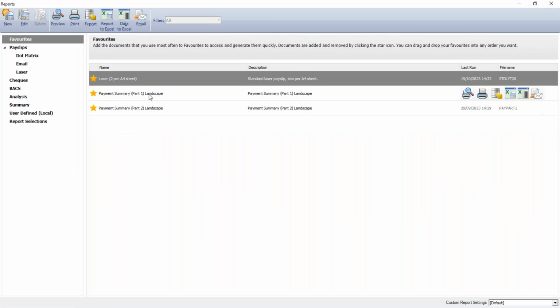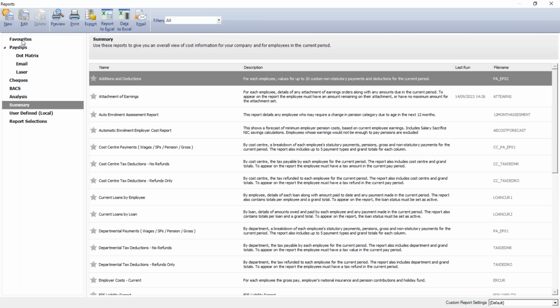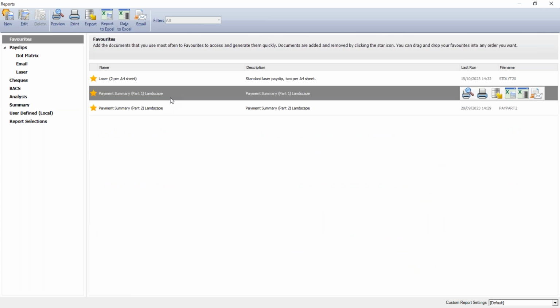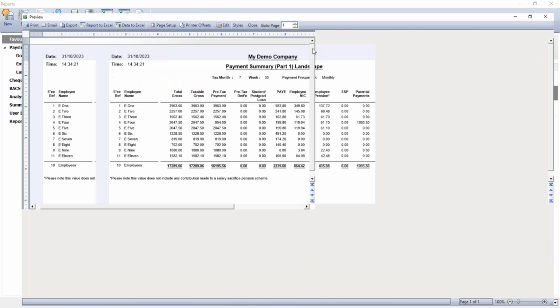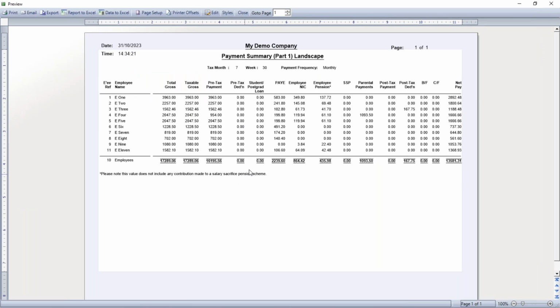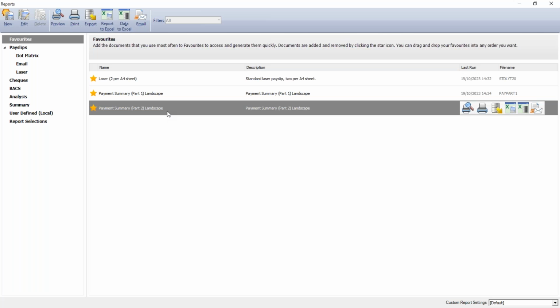Other pre-update reports that I mentioned are the payment summaries, which you'll find in the summary folder. Part 1 gives a breakdown gross to net with all of the employee deductions. So total gross, student loans, PAYE, national insurance and pension. Also calls out any statutory payments, and it gives you the net pay, so total net pay for this pay run. Then you've got part 2,